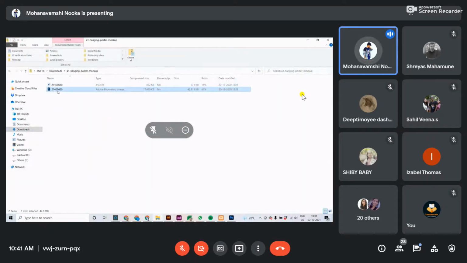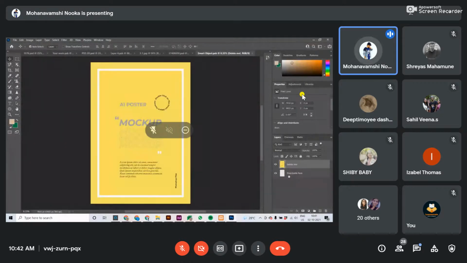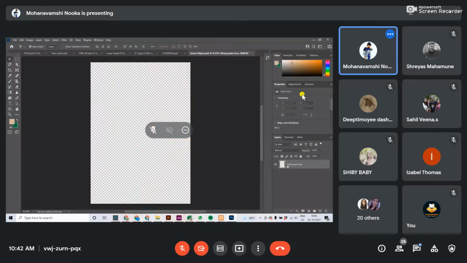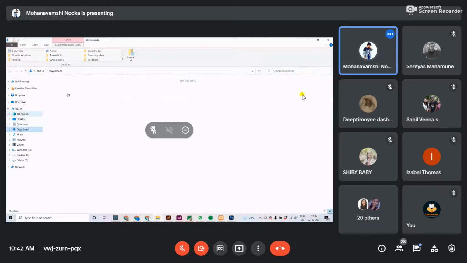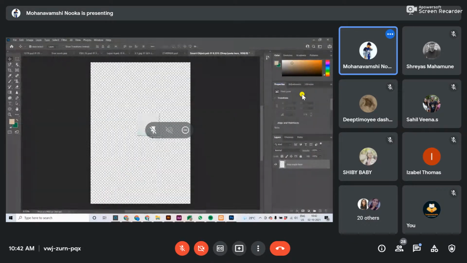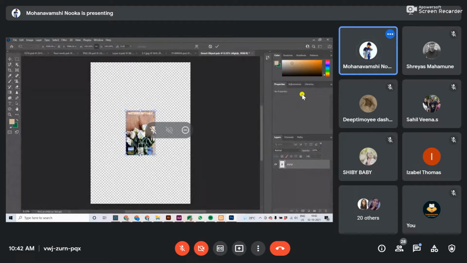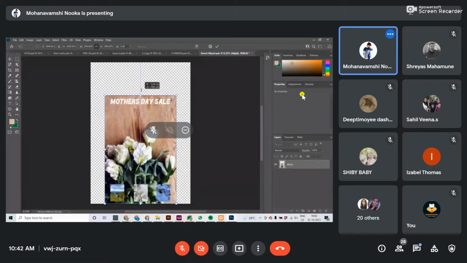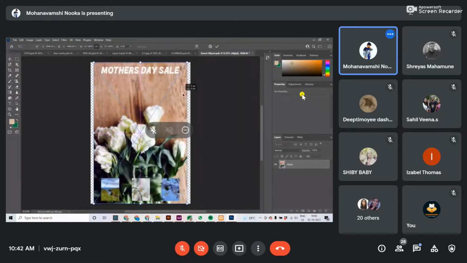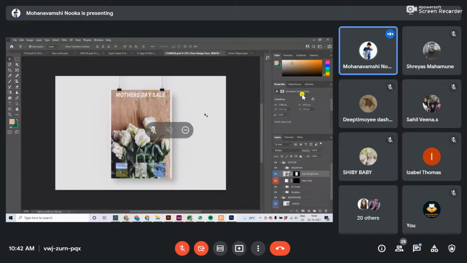Let me open this Photoshop file. Go to the design part in layers. You can delete this directly. Download, drop, Control T, Control S. This is how you can do some mockups, where you can represent your images in a brighter way.